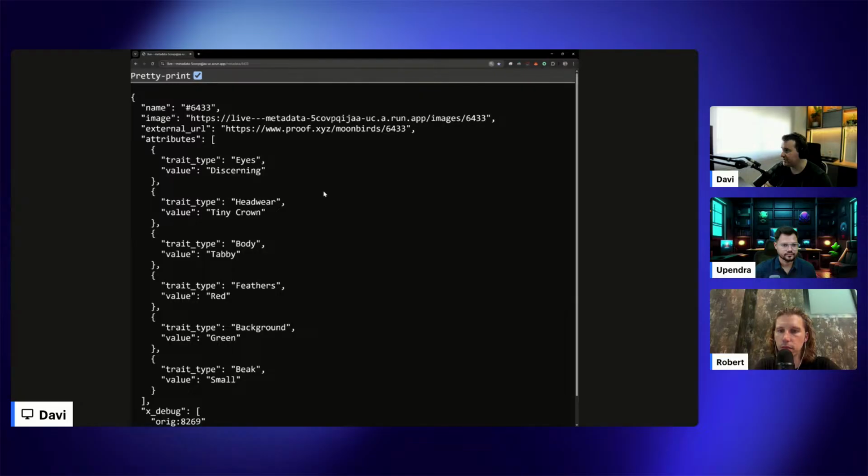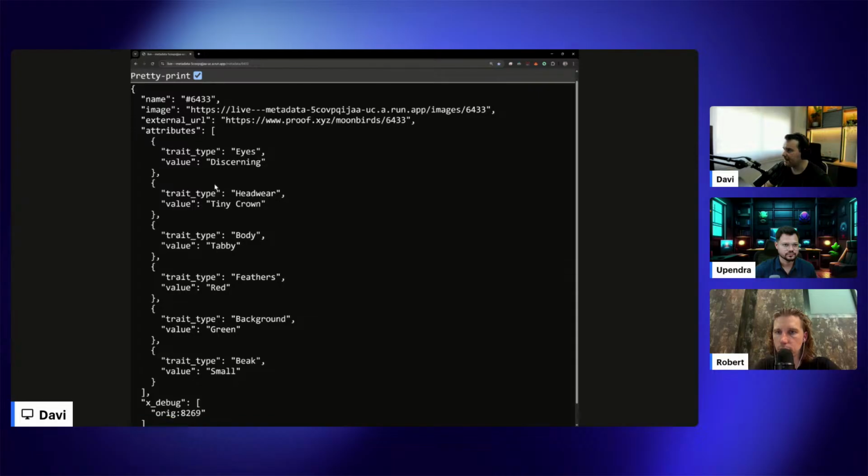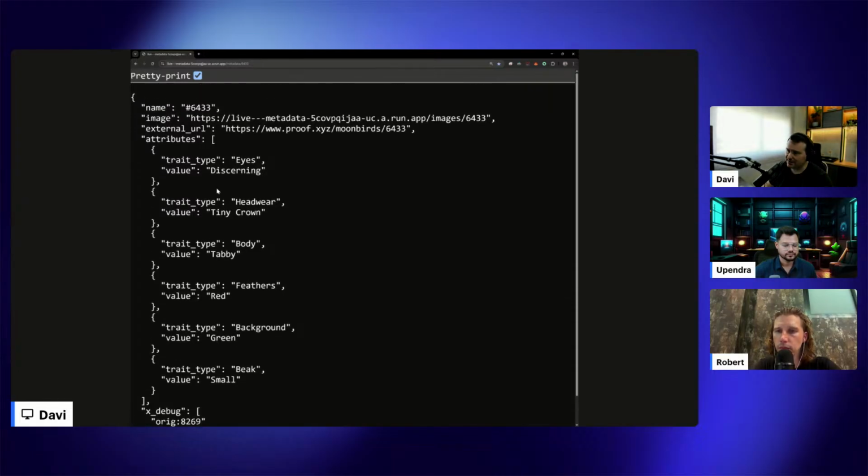I'm passing here a JSON containing the name, the image, some attributes, as you can see. So I'll use that as an example to mint an NFT on COTI because we already have existing metadata for that. But it's simple like that. It's just a JSON. So you can upload it on your server or you can upload it on IPFS if you want. And you can use this new address to point to the metadata. Let me go back to Claude here.